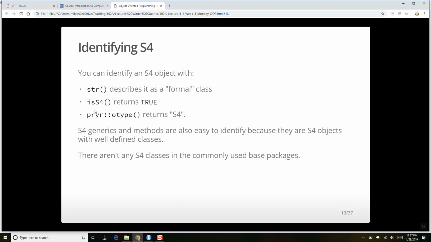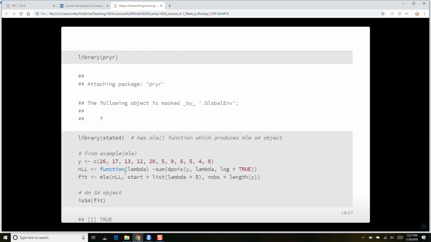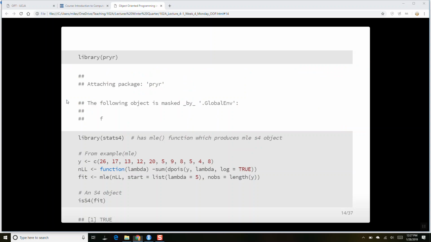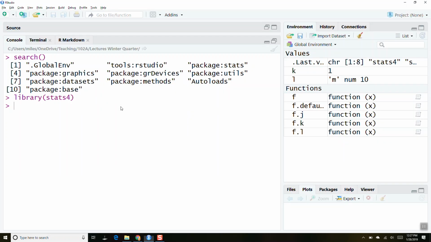Okay, with S4, we have a function called isS4. If you call str on an S4 object, it'll say formal class, and then you can also use library stats4 and library prior.